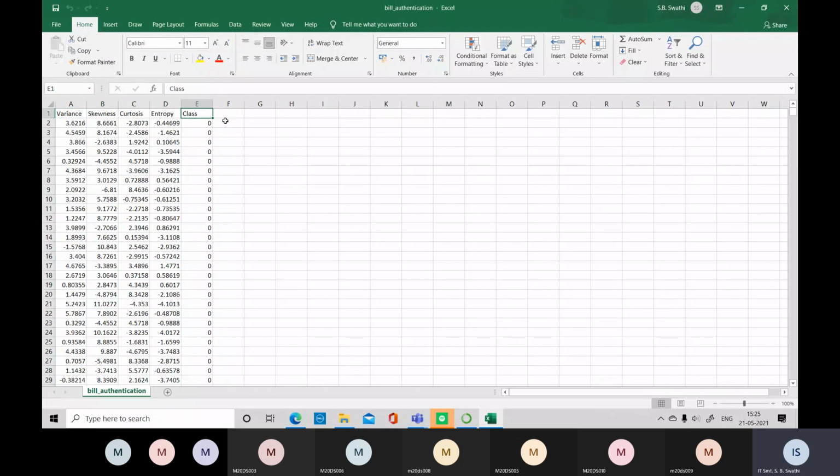Class is assigned to the variable y, which is dependent upon the remaining 4 attributes. X is the independent variables which contain these 4 columns, and y is a dependent attribute. Depending upon these values, we can categorize whether it belongs to class A or class B.